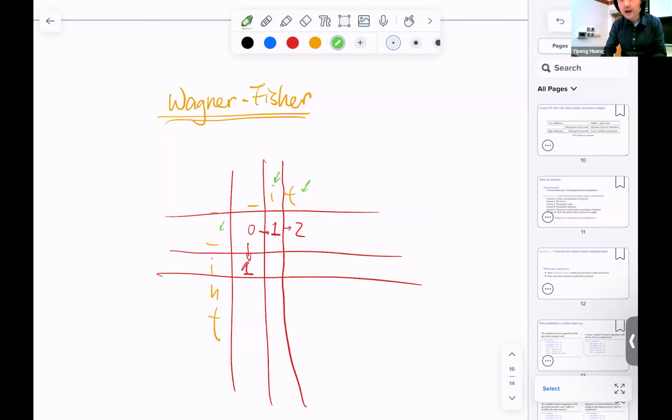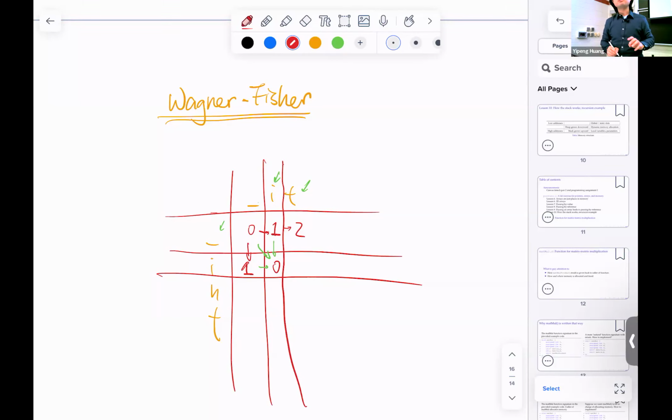Then it asks, does I and I match? Yeah, it matches. So it's a 0. 0 relative to what, right? So the very critical piece now is it's going to +0, and it will consider all the ways to get to this cell from the above, to the left, and also diagonal. And the minimum way to get here so far is this 0 there. So it will record 0 plus 0, you will jot down 0 here, right? So far to match strings blank I, no edits so far. So you're able to match blank I and blank I with 0 cost,